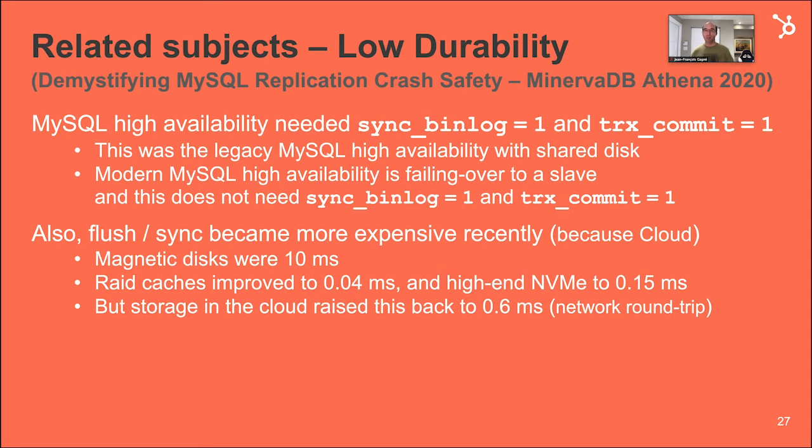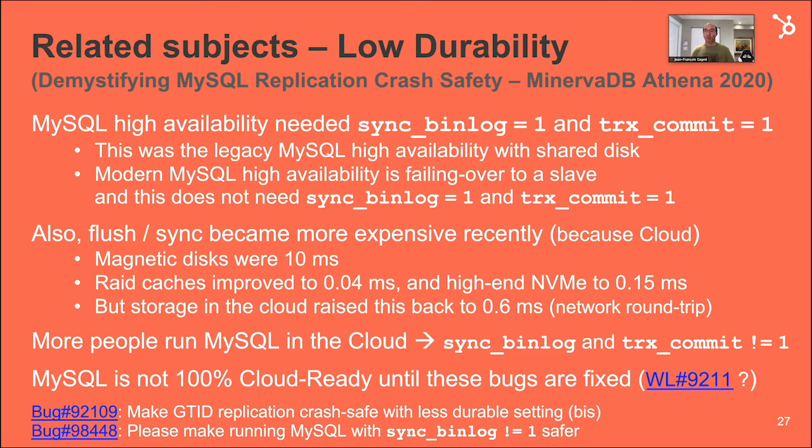It takes 0.6 millisecond. So in the cloud, running with sync_binlog and trx_commit equal 1 is not super fast. So a lot of people in the cloud are running MySQL with sync_binlog equals 0 and trx_commit equal 2. So yet again, we go back at needing GTID and reliability without sync_binlog equal 1. And MySQL won't be 100% cloud ready until these bugs are fixed. DBAs always need to